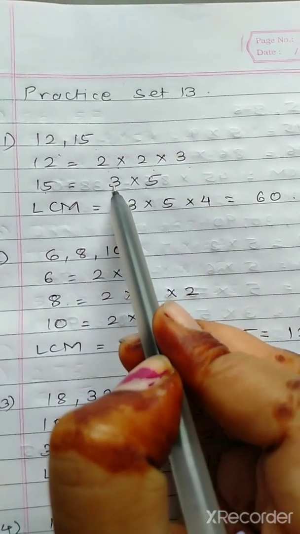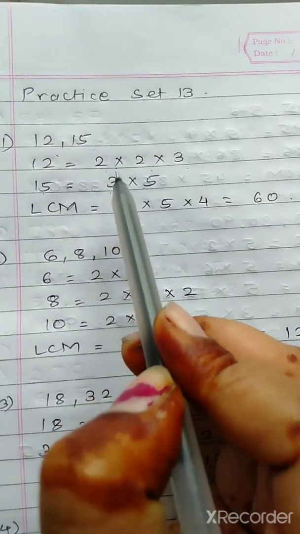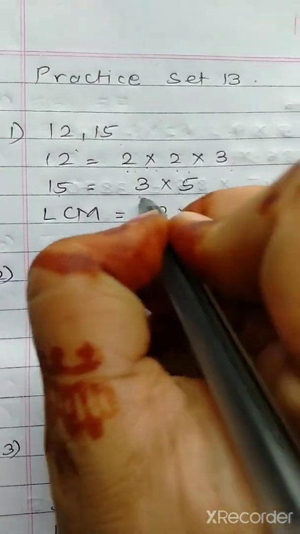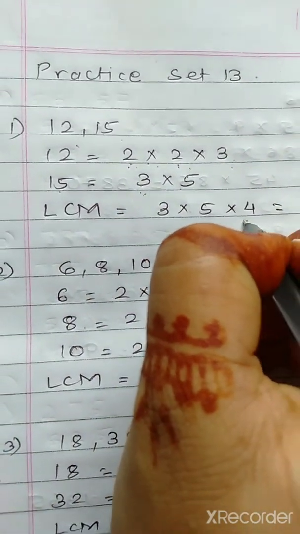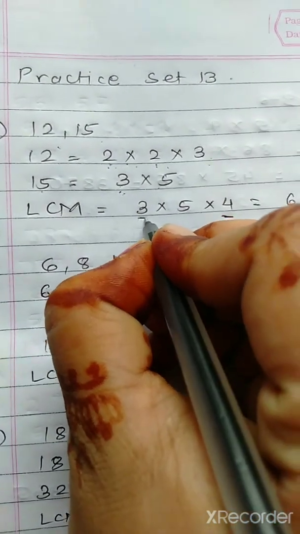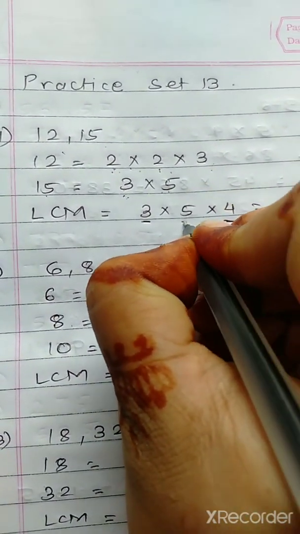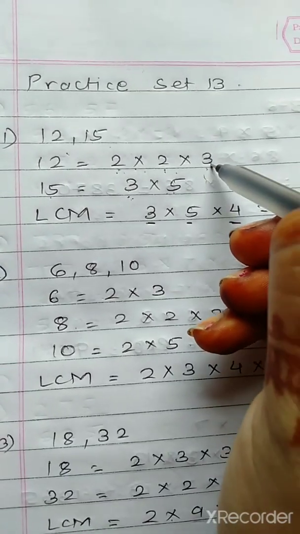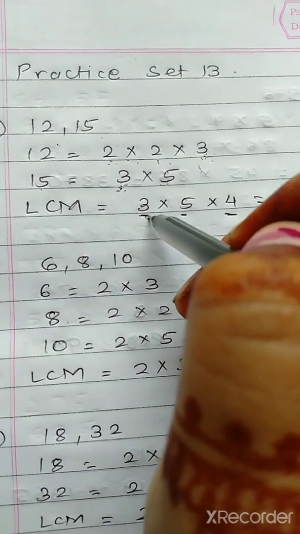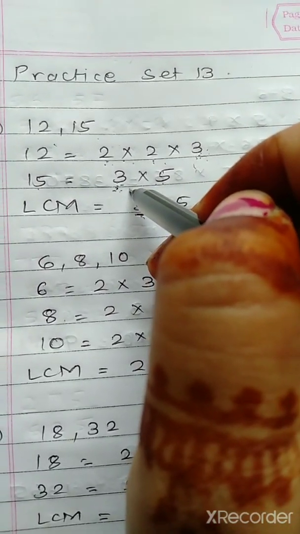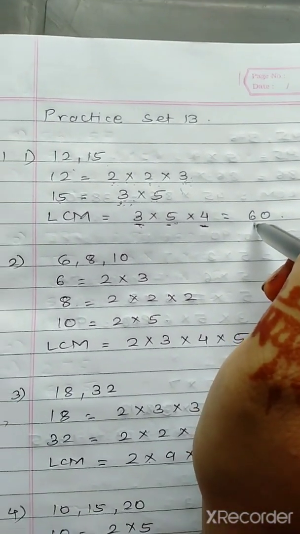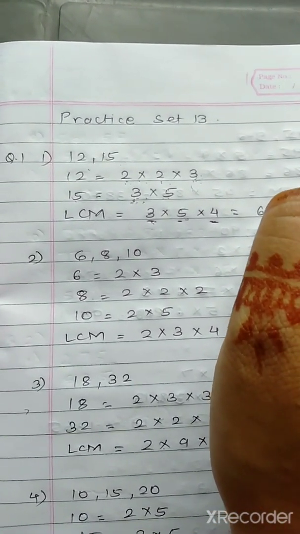Whenever there is a single term, that is a common term, take one only. That is, here it is 2 cross 2. There are no 2s over here. So 2 2s is 4, I have written over here. 3, I am taking only one 3. That is common. And the rest is 5. See to it there is no 3 cross 3, which would be 9. I am taking only 3. That is, if there are two numbers the same, then take only one. 3 5s are 15, 15 4s are 60. So the LCM is 60.